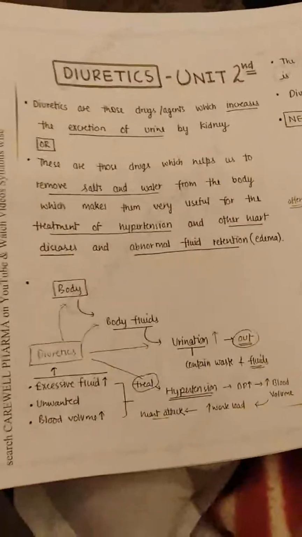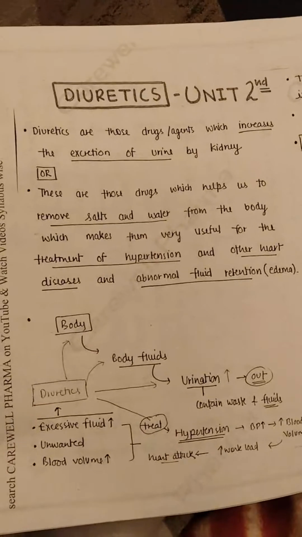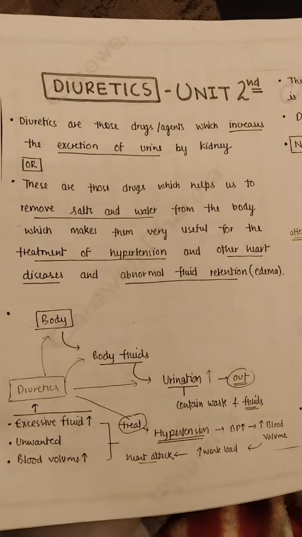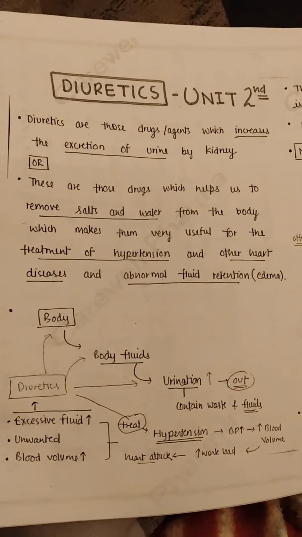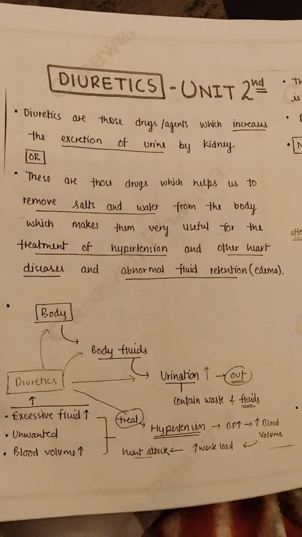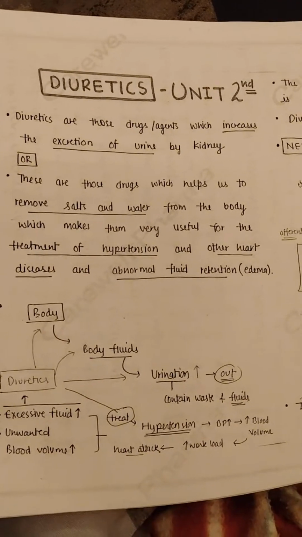You can note down the definition. Here you can see diuretics are those drugs or agents which increase the excretion of urine by the kidney. These are drugs which help to remove salt and water from the body, which makes them very useful